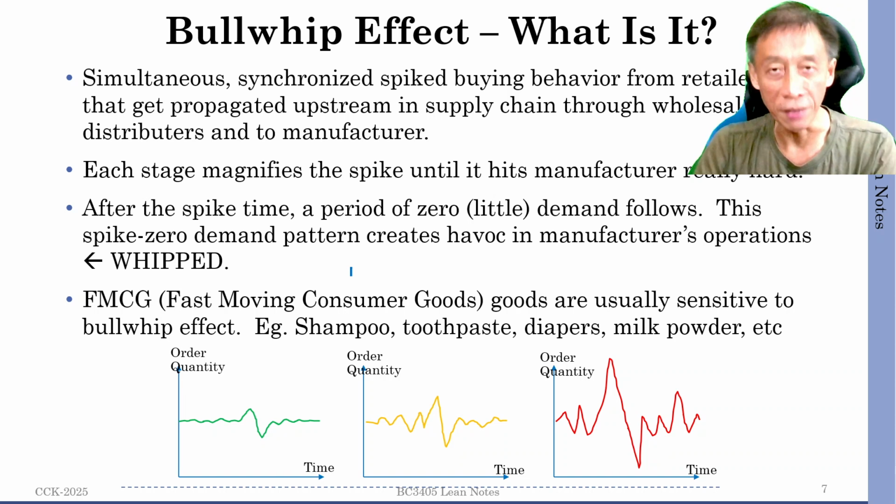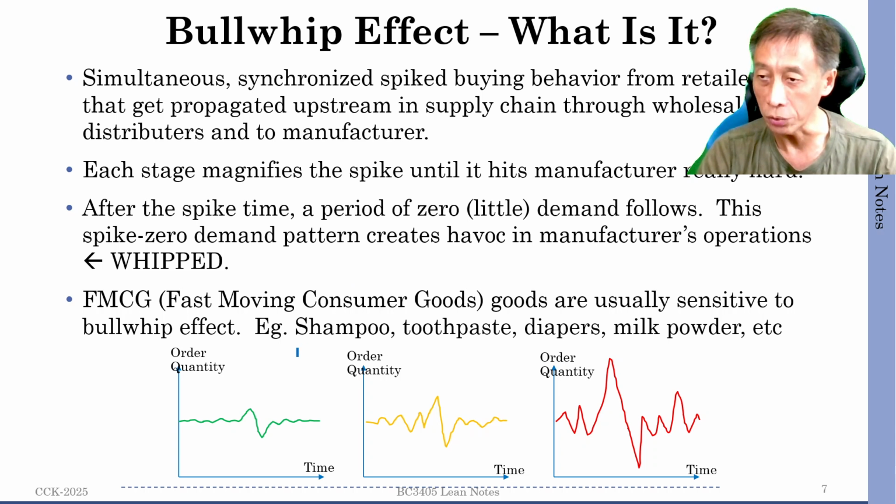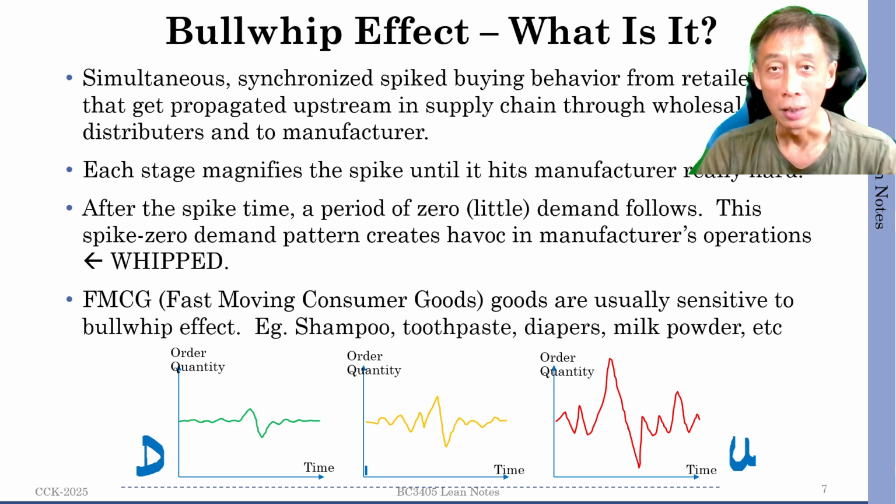So let's dive in. This bullwhip effect is a phenomenon as illustrated by the three time series curves on the order quantity, that is the demand from our customers, from its own respective customers, as you go upstream. So this is the downstream side, and this is the upstream side, meaning the manufacturer. So as you go from the retail, the customers who come into the supermarket, for example, to look for their goods and products, for example, diapers.